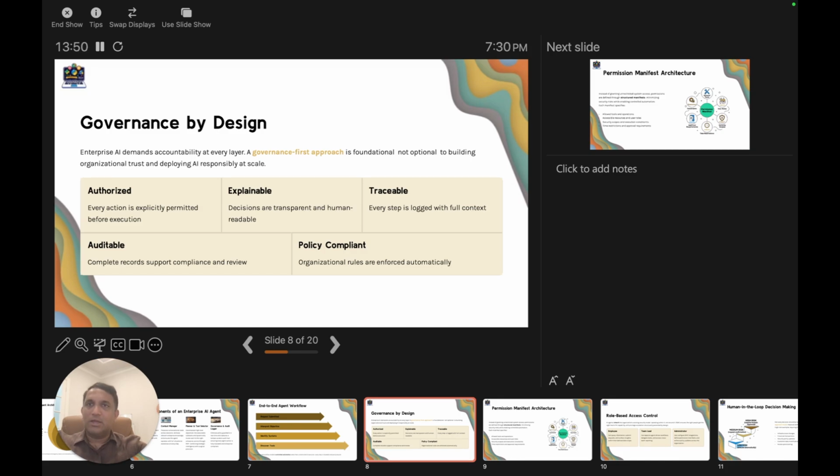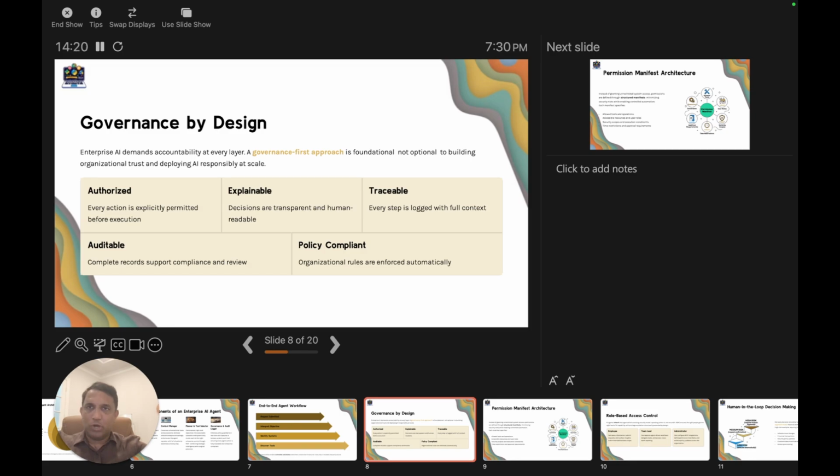In practice, governance by design means 5 properties hold for every agent action. It must be authorized, explicitly permitted before it executes, and it must be explainable. The decision is transparent and human readable. It must be traceable. Every step is logged with full context. It must be auditable. The records are complete enough to support compliance and review.